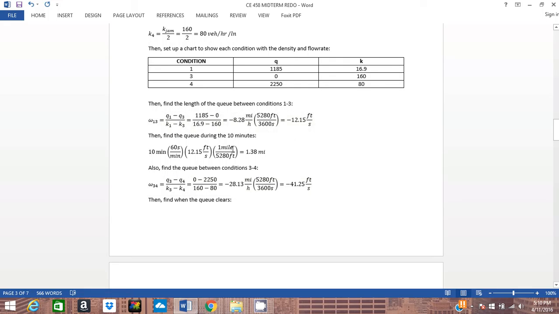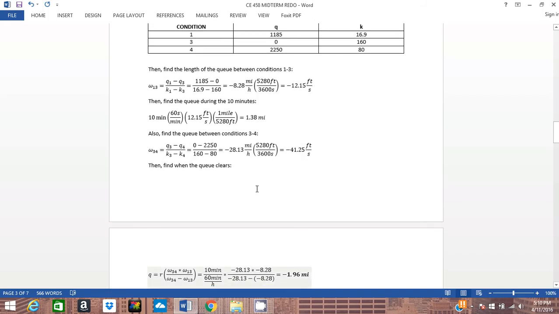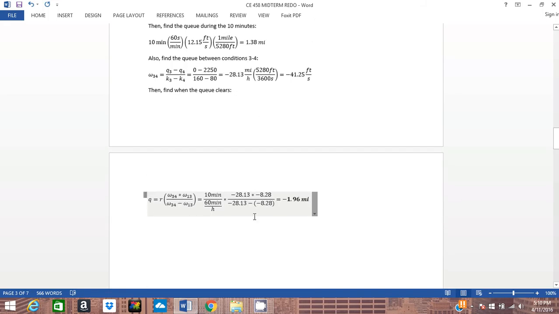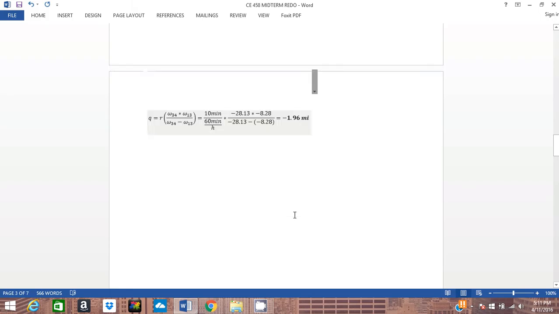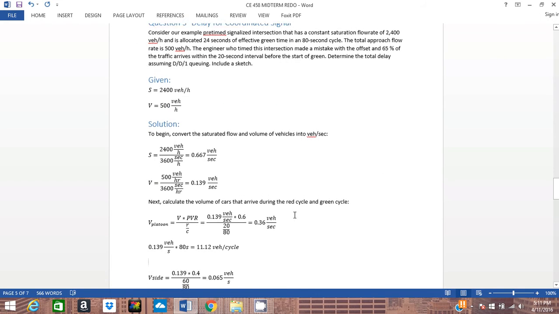Get these numbers, and don't forget to multiply by the 10 minutes that the roadway is shut down to get these values. And then finally, what we're ultimately looking for is how far back it is when the queue clears. So you plug in this equation, which was given to us, and you find out that it is back 1.96 miles from the original crash. Then, for question number 3,